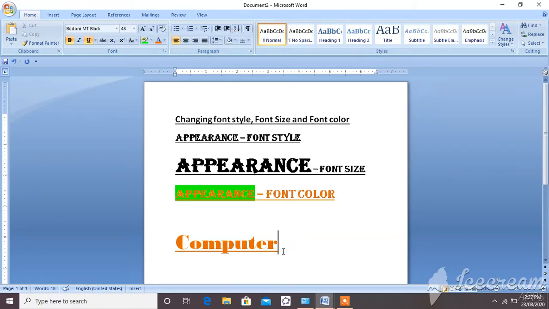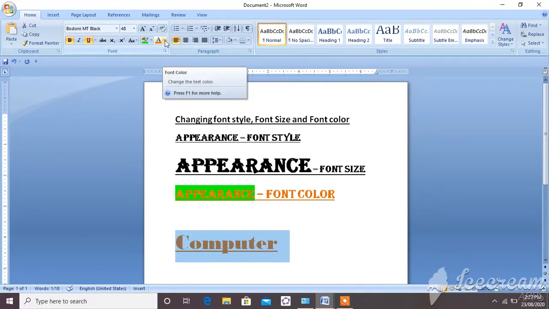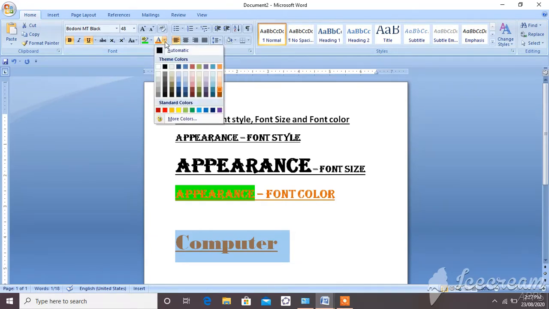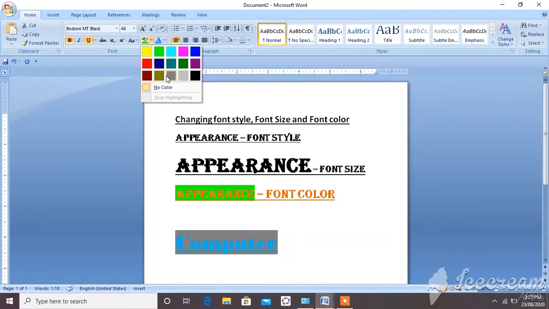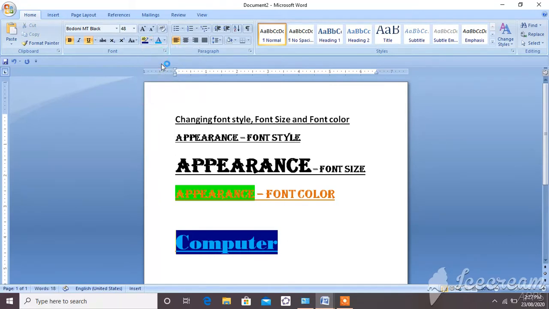Then next, you can change the color, the font color. Again select that character with the help of the mouse. Here is the font color. See upside, font color. Choose any color that you like. Here are so many colors. And beside that here is the text highlight color. So click on that. Highlight color means the background color. Which one you like, choose that one. See here, dark blue is the highlight color and faint blue is the font color.